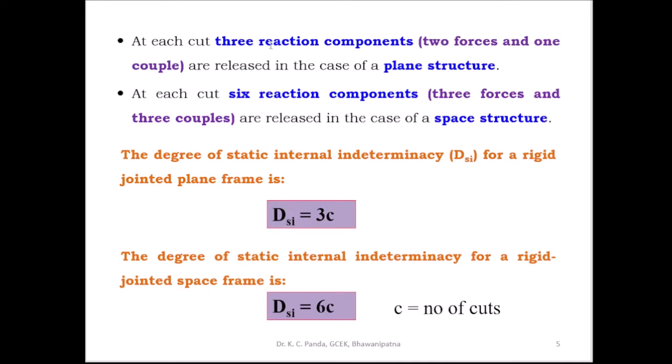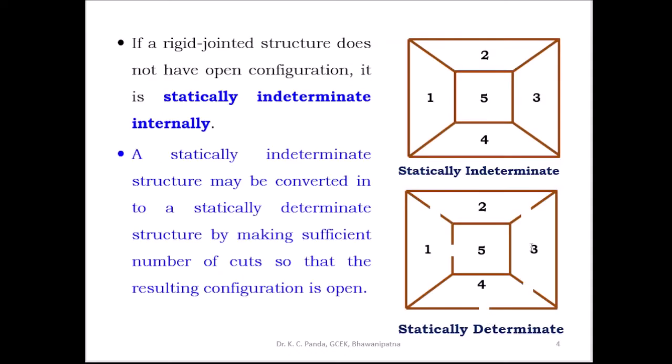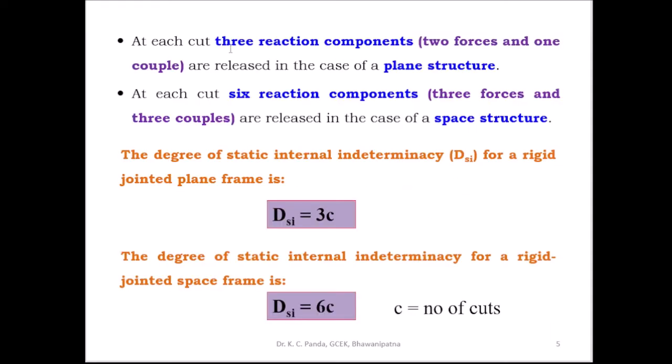At each cut, 3 reaction components, 2 forces and 1 couple, are released in the case of a plane structure. In the case of a space structure, 6 reaction components, that is 3 forces and 3 couples, are released at each cut. So the degree of static internal indeterminacy for a rigid jointed plane frame can be determined